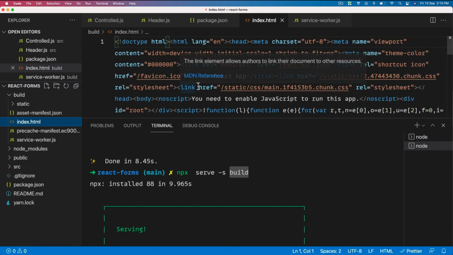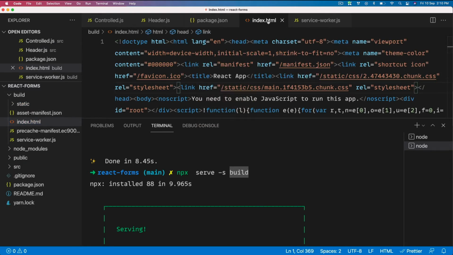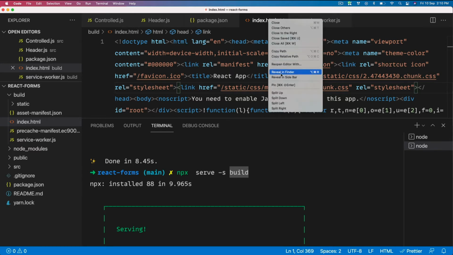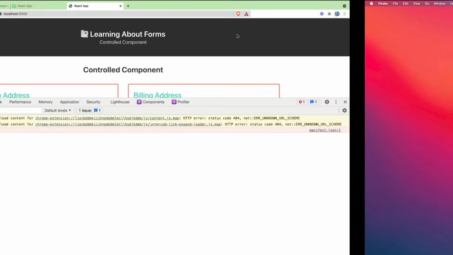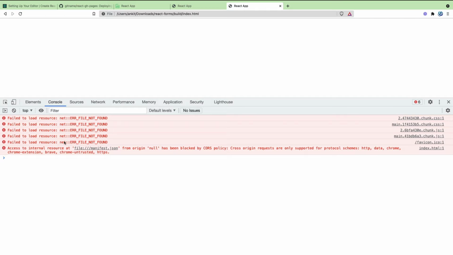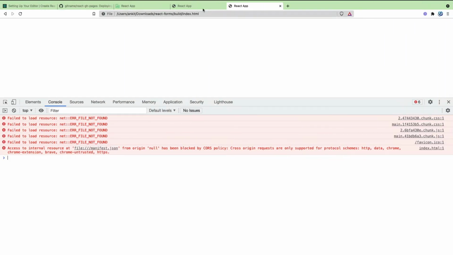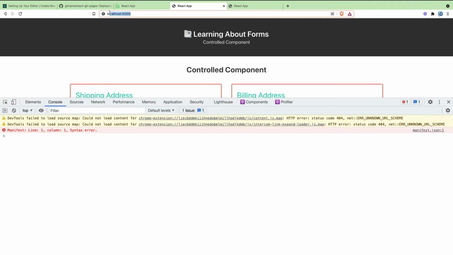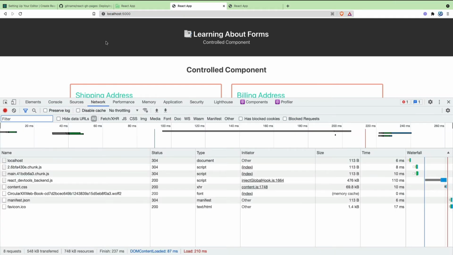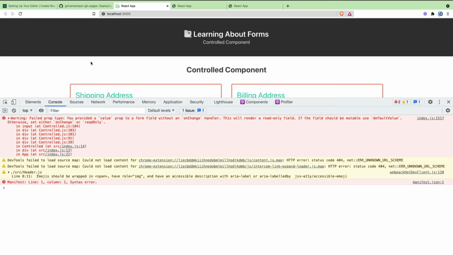So even if you open this one in your browser, for example, I copy this information from here and try opening it in our browser, we will see it will not work because you will have to run a server to get all this information. That's why we are using this package called serve. So all serve is doing is creating a basic boilerplate server, and in that we are mounting index.html here. And that's why on 5000 you can see that the production server is running, and here we have our development